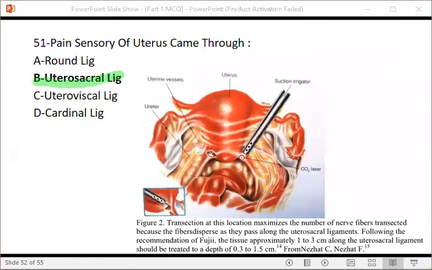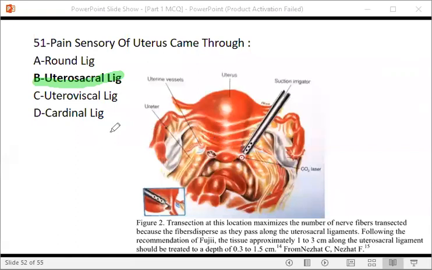The sympathetic supply is from the lower lumbar spinal cord segments via the lumbar splanchnic nerve and intermediate plexus. The parasympathetic is the pelvic splanchnic nerve. So we have the sympathetic, which is the lumbar splanchnic nerve, and the parasympathetic, the pelvic splanchnic nerve. Both come from the uterosacral ligament, and in conditions like chronic pelvic pain, endometriosis not responding to treatment, what